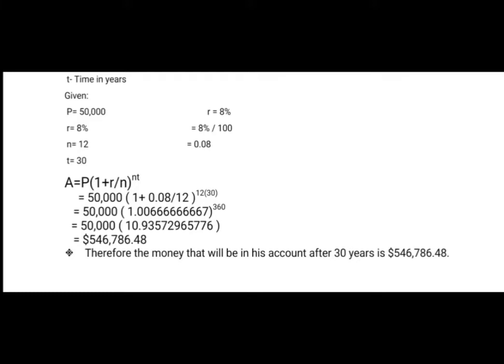10.93572965776. So 50,000 times 10.93572965776 gives 546,786.48. Therefore, the money that will be in his account after 30 years is